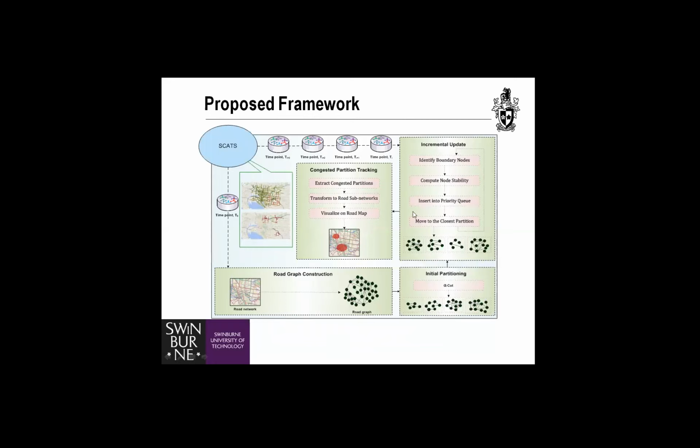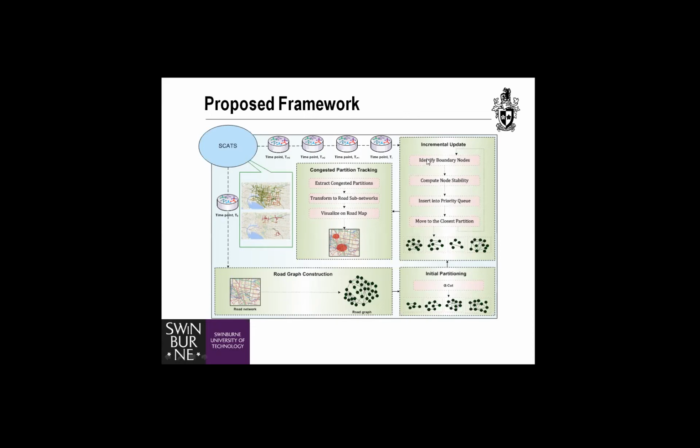And then at each following time point, as we see here, ti plus 1, it goes on like that. At each new time point, the data comes in, and we incrementally update the partitions available from the previous time point. So how do we do that? There are a set of steps that we incorporate to do this, which I will explain in detail